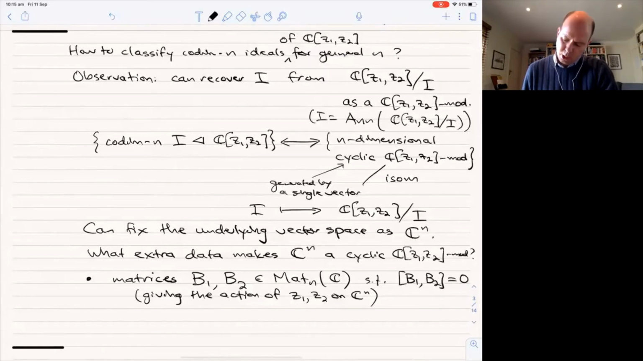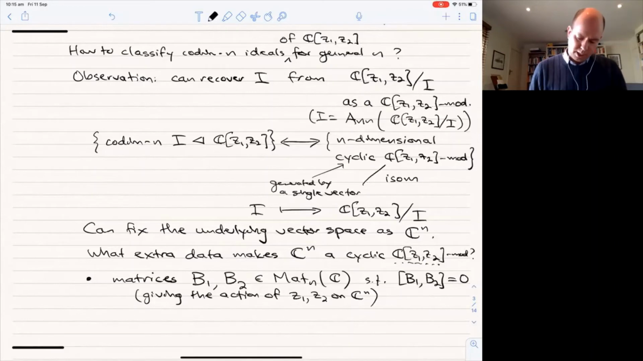So the commutator has to be 0. So that's the data to turn Cn into a module over this ring C[Z1, Z2]. And then we here only care about the cyclic ones because we just want the quotients of C[Z1, Z2] by ideals. So we also need a generator. So we're also going to throw in a vector